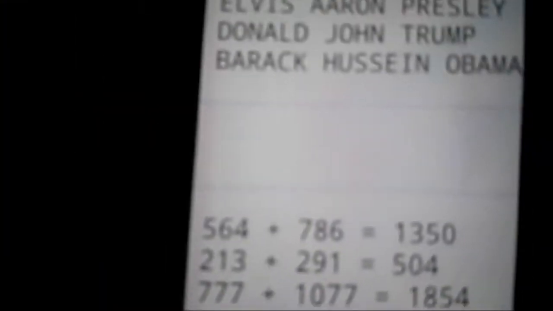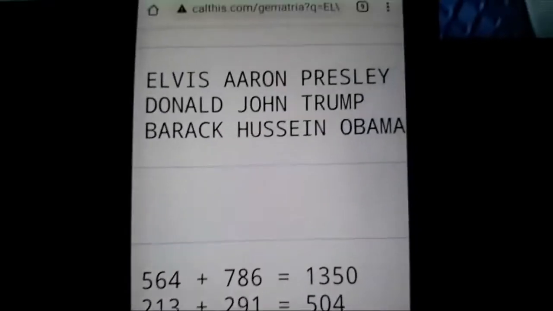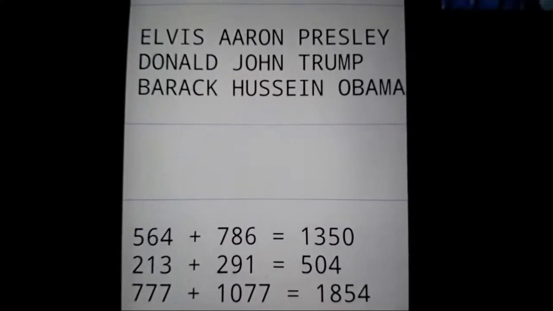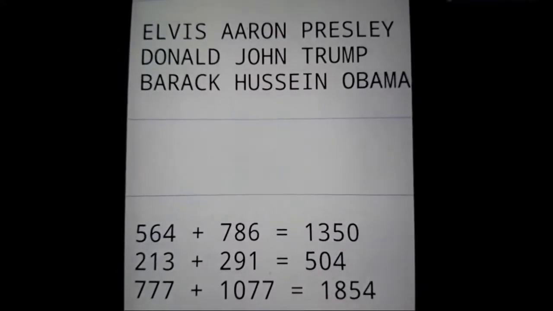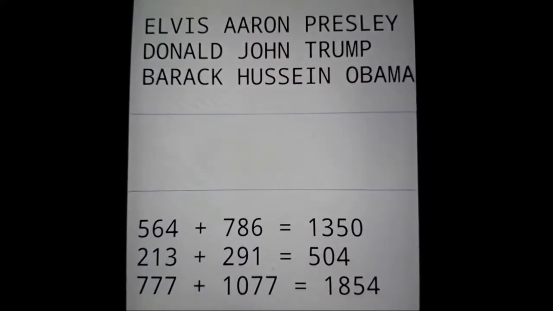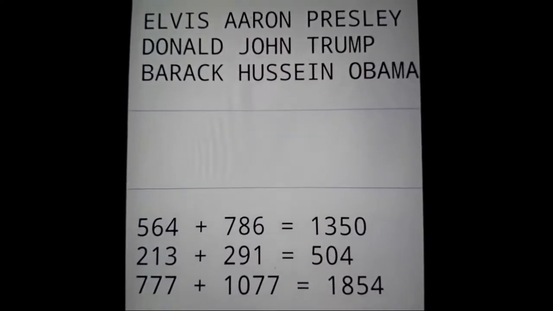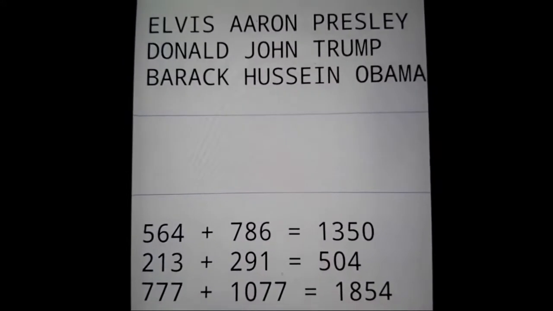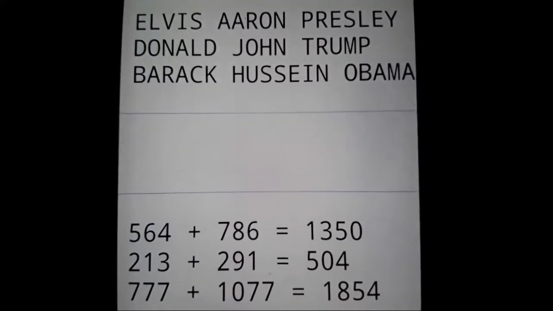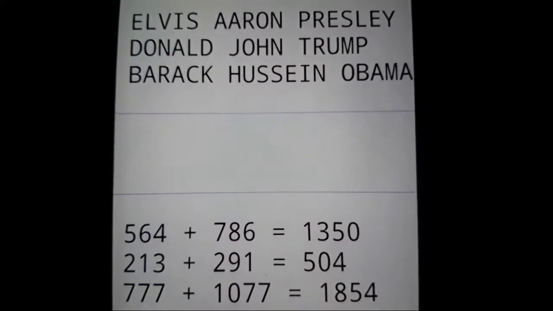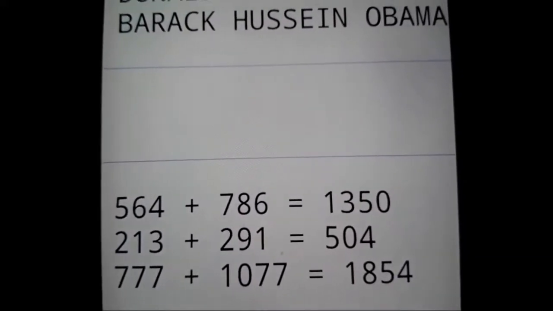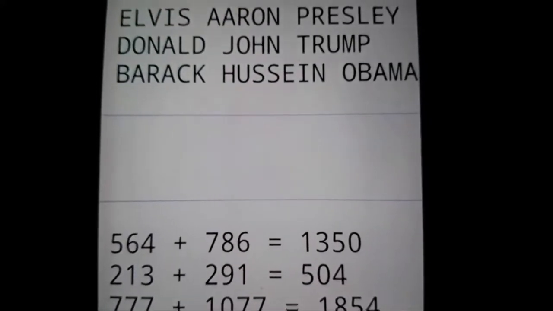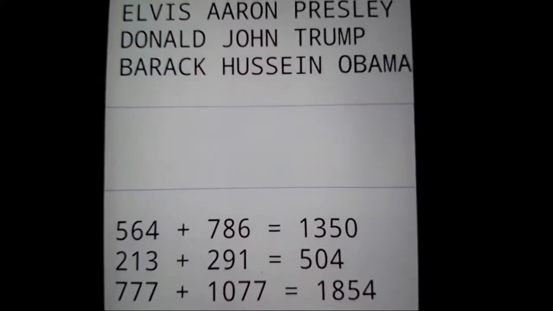Okay, so I told you guys that Elvis needed Trump and Barack. And Elvis's dad plays a big part in this too, of course, because he gave birth to Elvis. And Elvis had a twin that died at birth. This is why Elvis needed Trump and Barack. When you put all their names together, you get the jackpot number. I told you, 777. You see that? That's why Elvis needed Trump and Barack, to create the jackpot number.